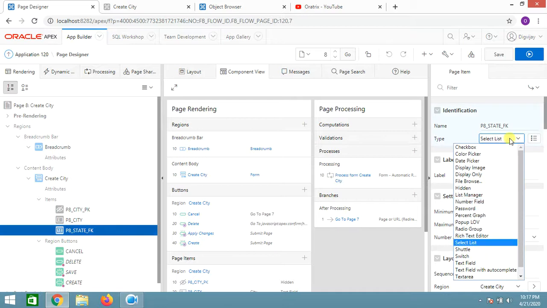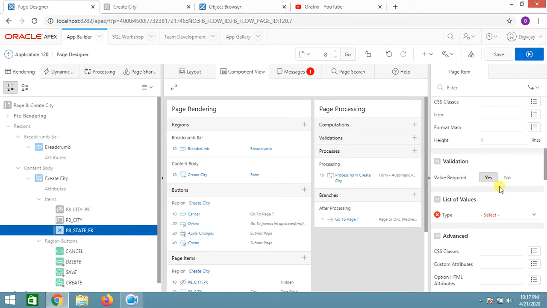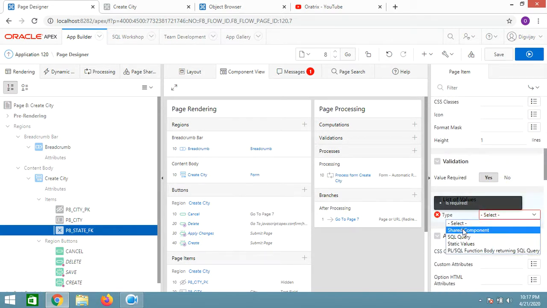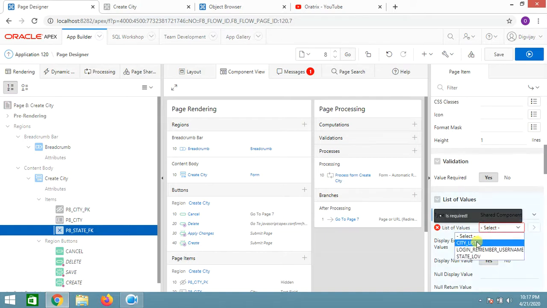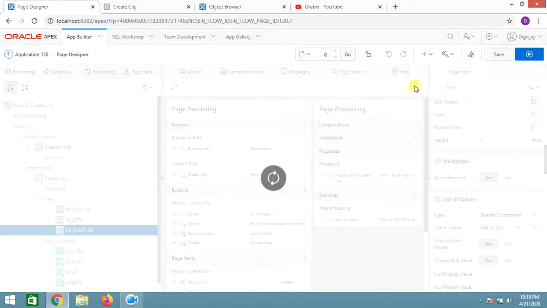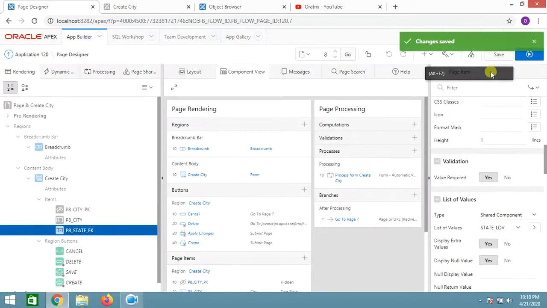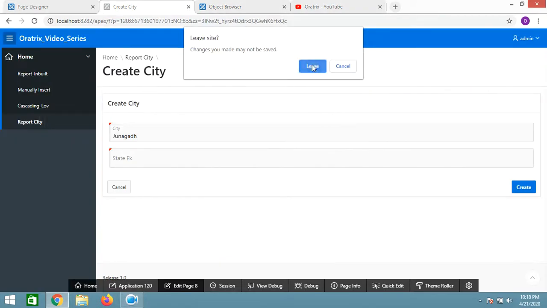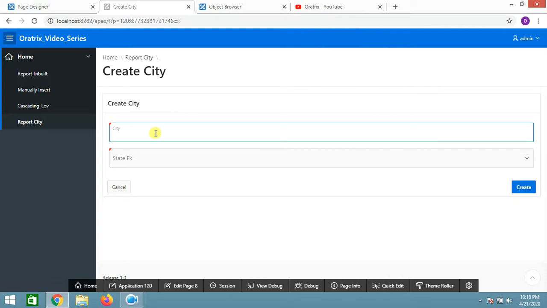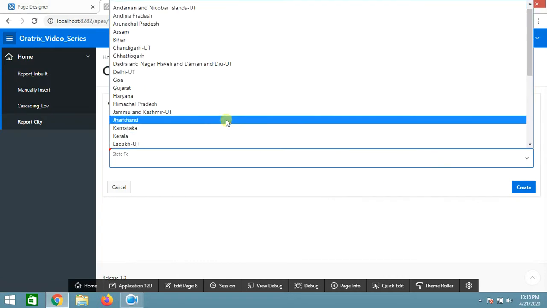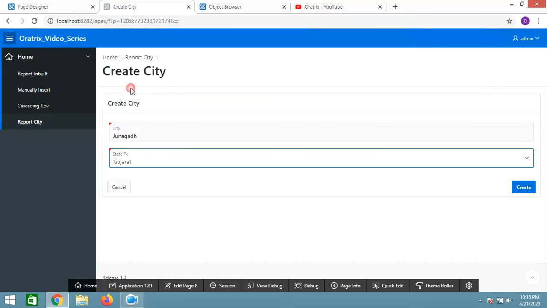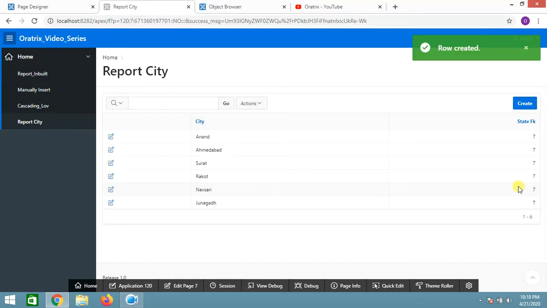So instead of that, I'll be selecting select list and shared component, and I'm going to reuse state LOV. Save. Let me run it again. Now if I want to add Junagadh, then state would be Gujarat and create.